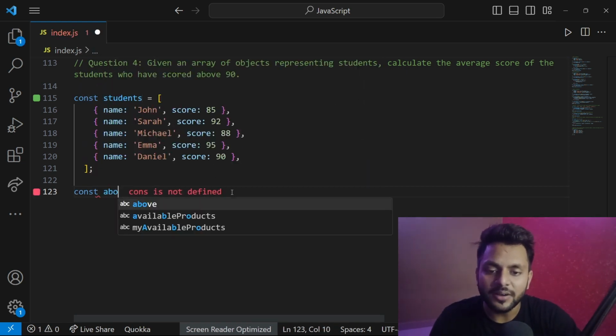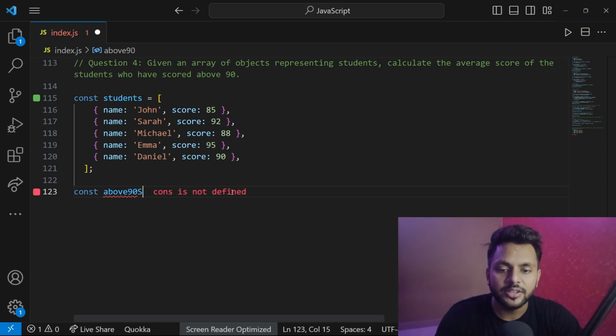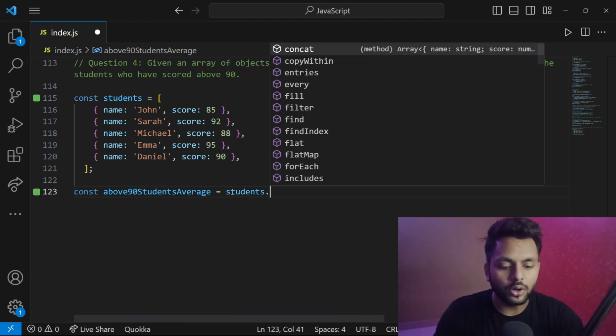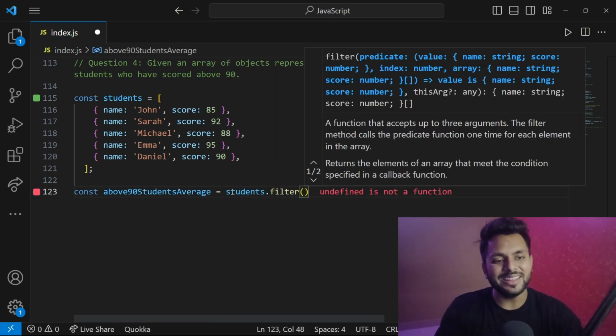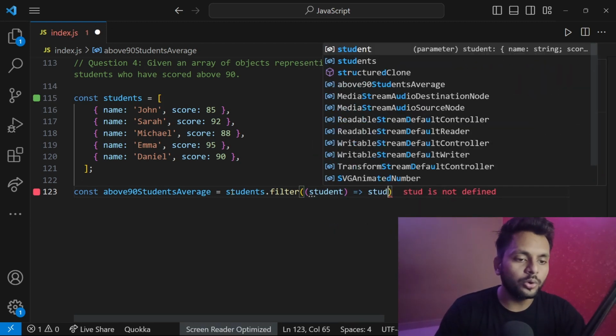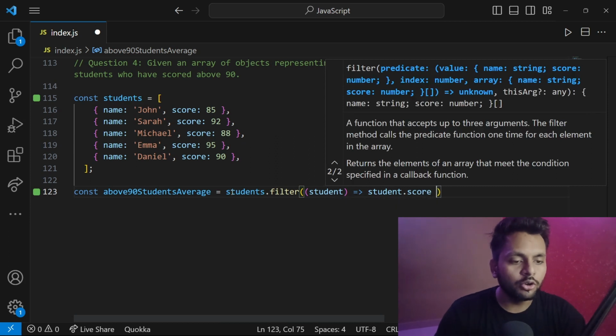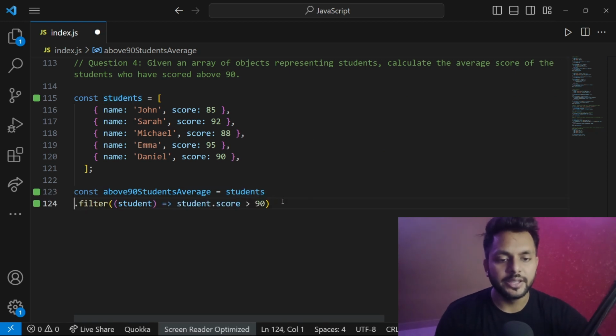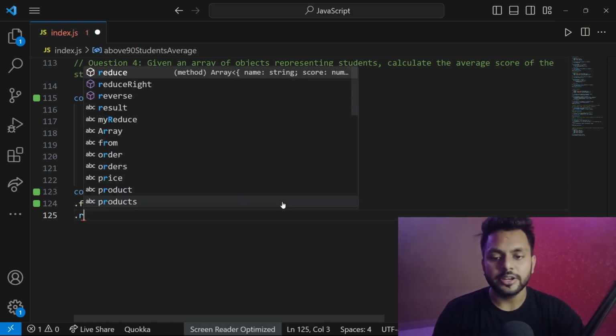Const above 90 students average, and here I will say my students dot filter, and what we have to provide, I will provide the student, student dot score should be greater than 90, and it will filter all the students who have a score greater than 90. And now I will use the dot reduce method,